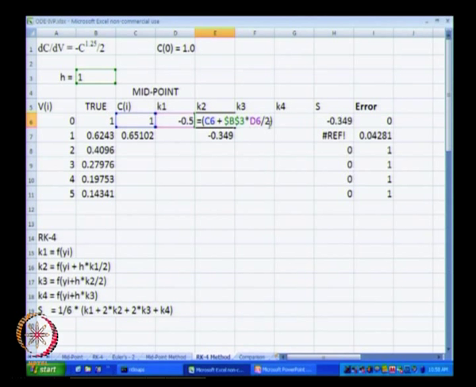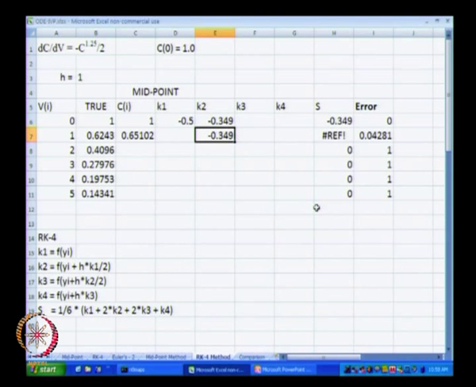Now, this is our argument that has to be substituted over here. So, what we have is negative 1 by 2 multiplied by the argument to the power 1.25. So, I will write that down over here: minus 1 divided by 2 multiplied by the argument raised to the power 1.25. Okay. And this is our K2.